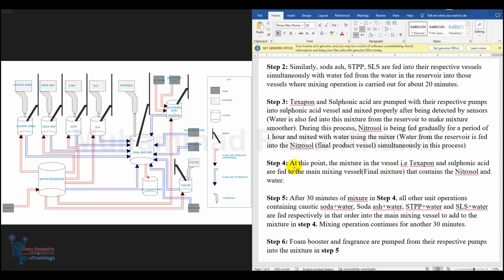So in the step 4, the mixture in the vessel, taxaphone and sulfonic acid are fed into the main mixing vessel that contains the nitrosol water. So here the mixer from this mixer will be poured into the final mixer. So in step 5, after 30 minutes of the mixture in step 4, all other unit operations containing caustic soda, water. Here the mixtures from these mixers will be poured into the final mixer, and the mixing operation will continue